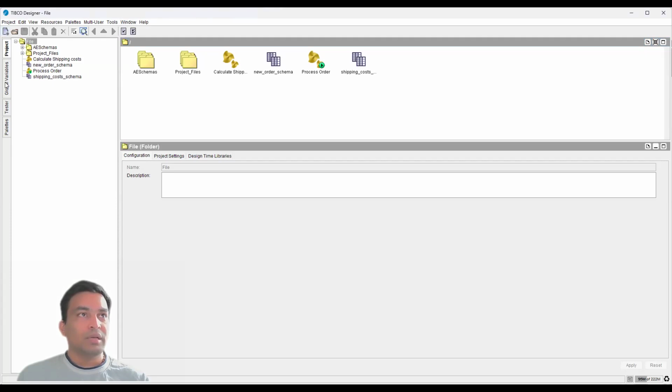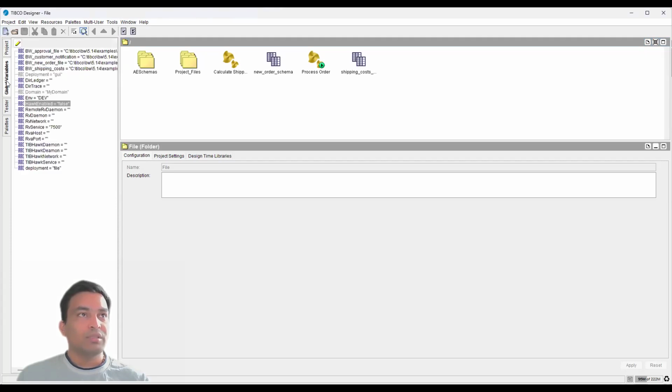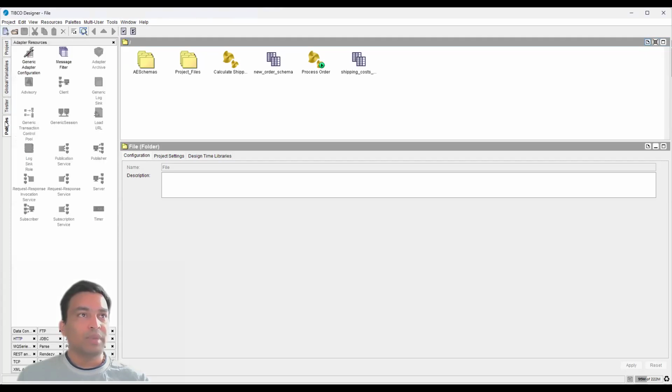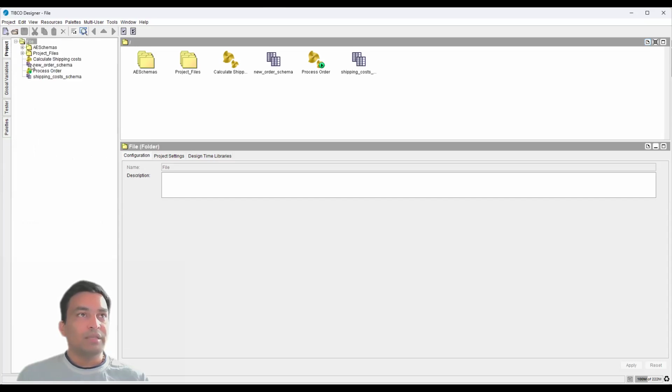And we have multiple tabs here: global variables, tester, palettes. We will uncover these as we go through. And there are different types of palettes available. For this particular project, we'll be focusing on the file palette. And there are different activities present